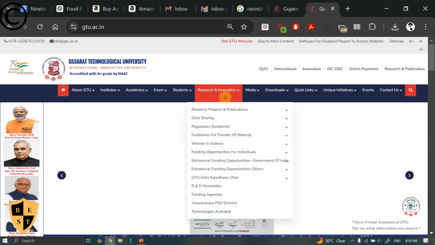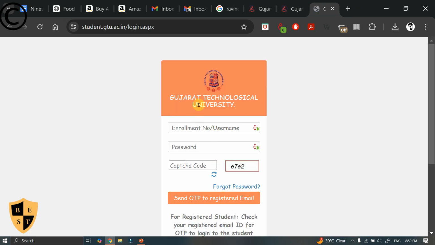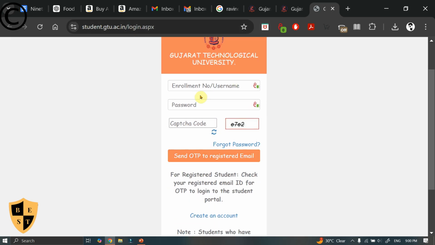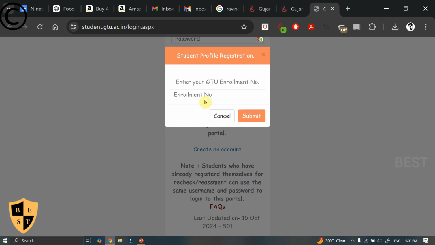Now over here, go to the student section and click on student portal, and now you can see that it is taking you to the student login account. Over here, if you are registering for the first time, and that's what we are going to do, so click on this create an account and then provide your enrollment number